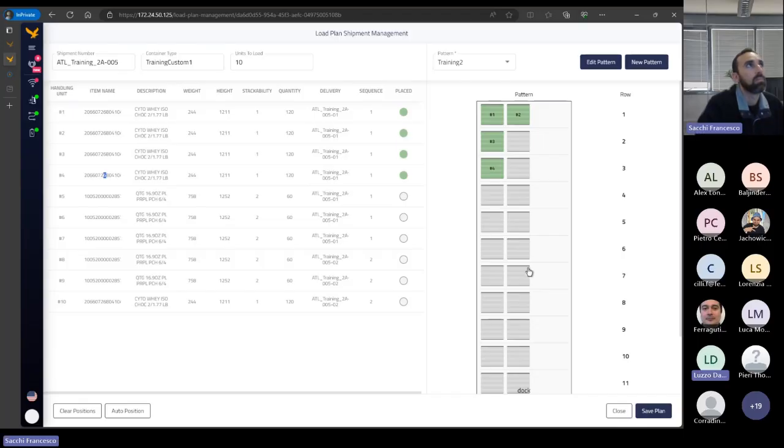So in case of different SKU, can we leave the same load sequence? No, by default, this is not happening because if the SKU changes, the load sequence changes. So this is a thing that we can modify with probably an option, but at the moment,